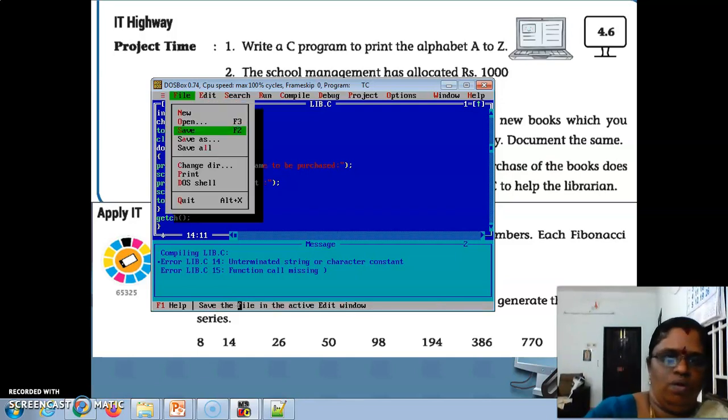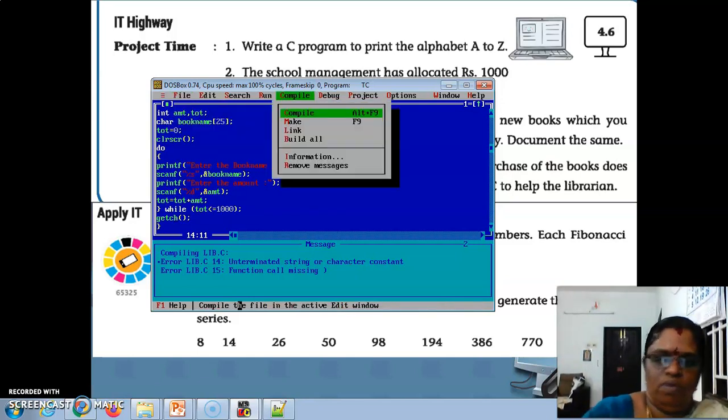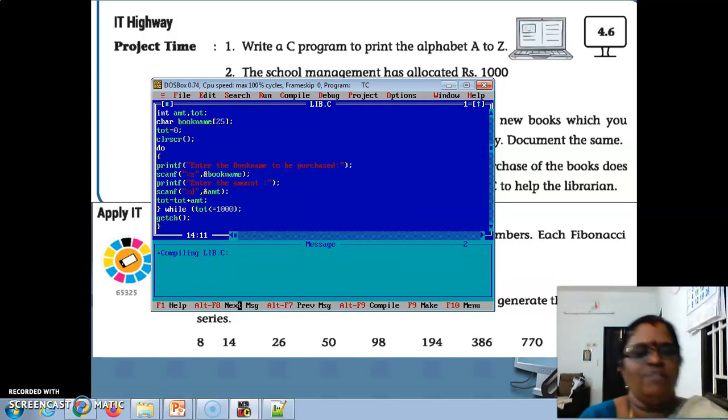Now, save. Compile. Now no errors. We missed the double quotation mark over there, right? So if you are missing any single semicolon, if you are giving colon, or if you are missing any codes or anything, we'll be getting errors. Don't worry. Just check in which line error is coming and try to solve this.